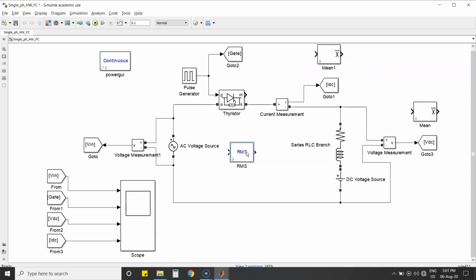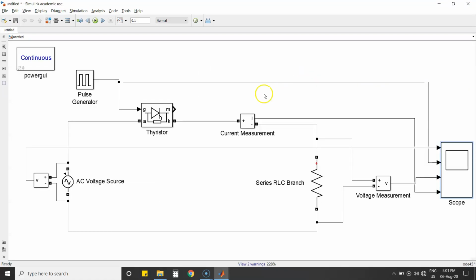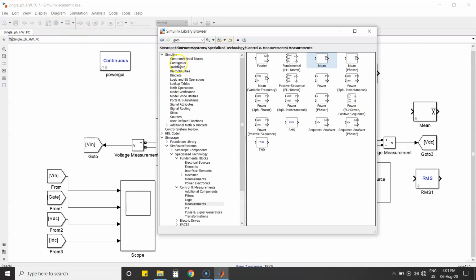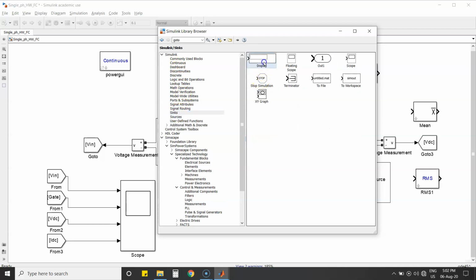Similarly, the RMS value of the current. In order to see the values, you need a display block. For that, go to Sinks, and in that we have the display block.